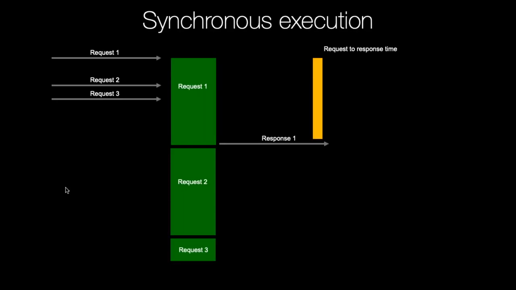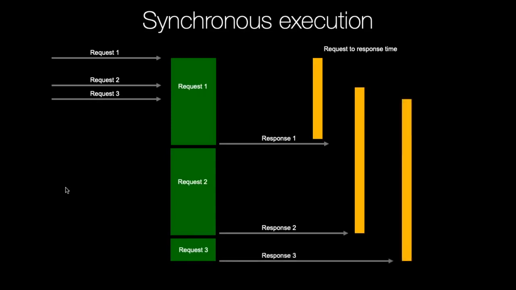Well, while we're working on one, request 2 came in, but the user, they don't really care about that. They don't know about that. They just see a much longer wait time coming in. And this little tiny request 3 that should take a super small amount of time, 10 milliseconds or whatever to return. In fact, we had to wait for those other 2. So it took like 6 times as long as it should have.